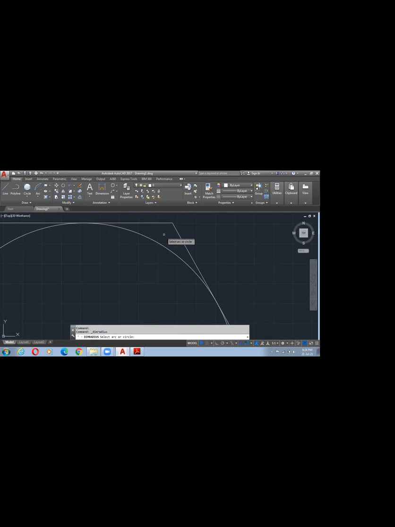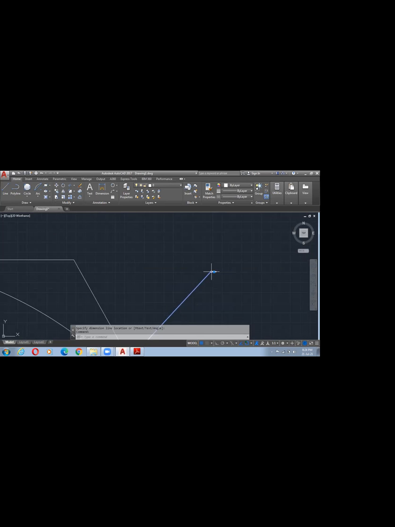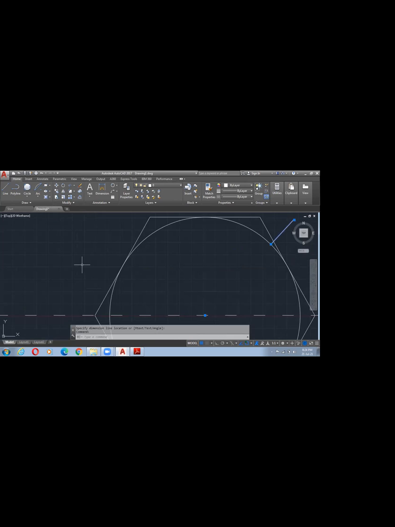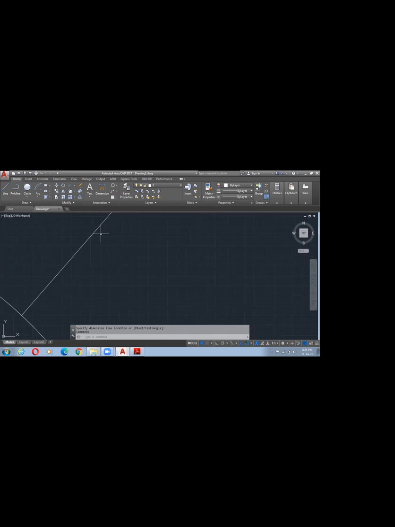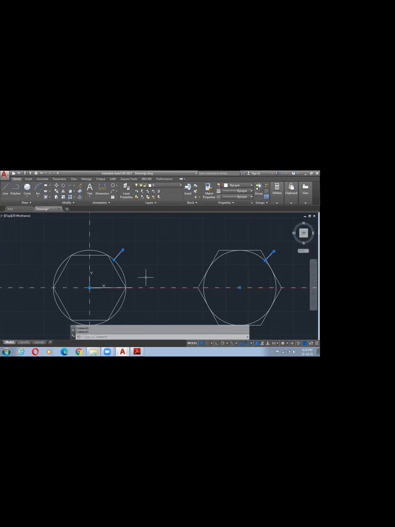See, the radius is 100 as we used. Okay? Inscribed and circumscribed, that is the difference. One will touch the end points, connecting points and intersecting points, and the other will touch the tangency of the line.